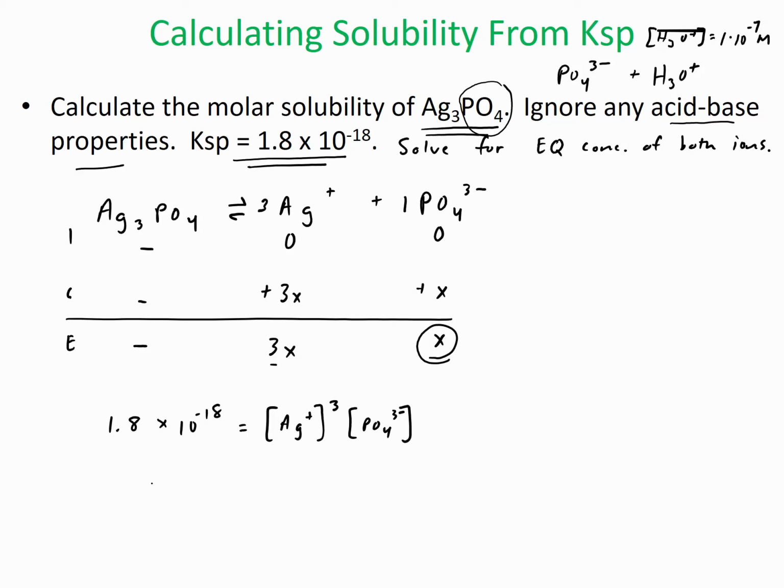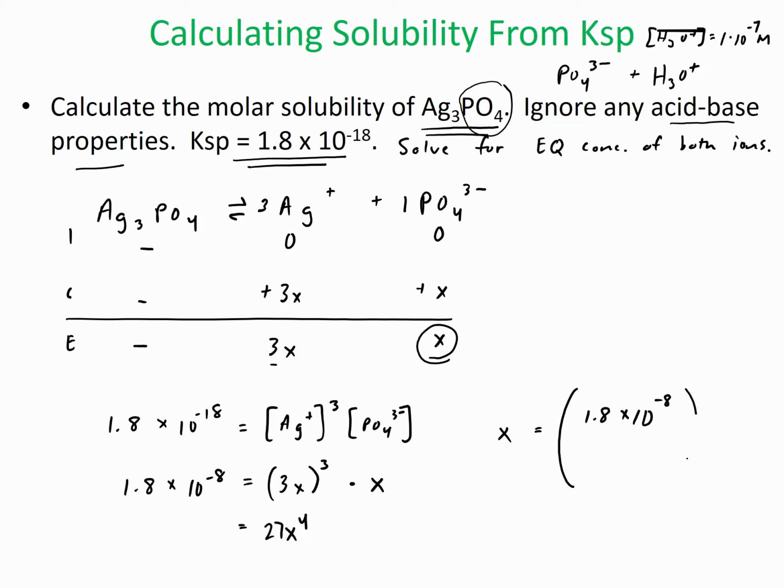So this is going to be 1.8 times 10 to the negative 18th equals 3x cubed times x. So let's clean this all up, and I get 27x to the 4th. Okay, and so now x will equal 1.8 times 10 to the negative 8th